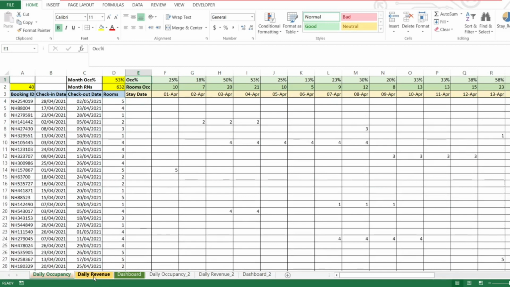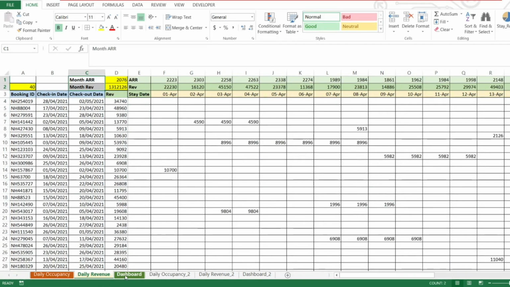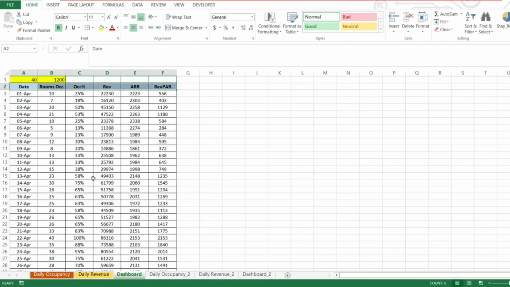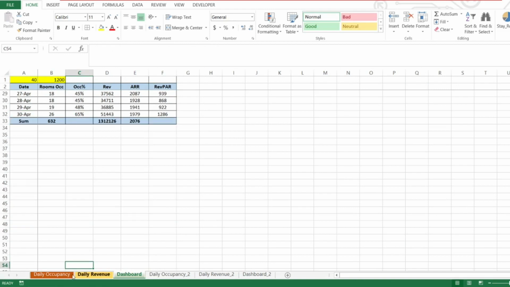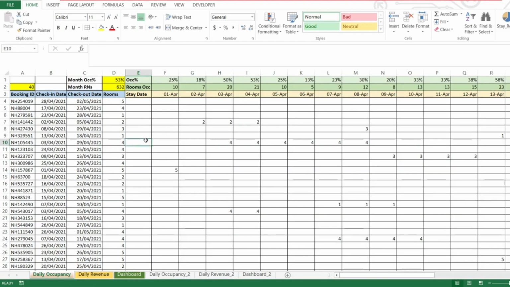We've calculated the daily revenue using the bookings data, and we've used that information to automatically populate this particular dashboard. So as you can see, this is quite a useful formula which can be applied for any particular hotel if you have the actual bookings data.